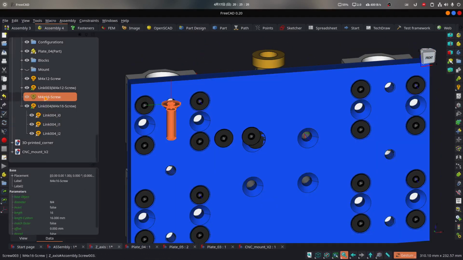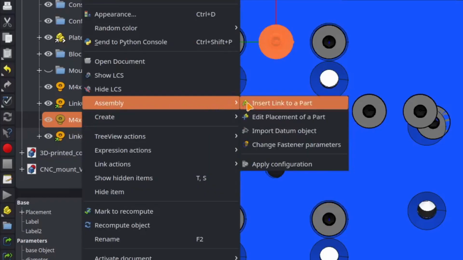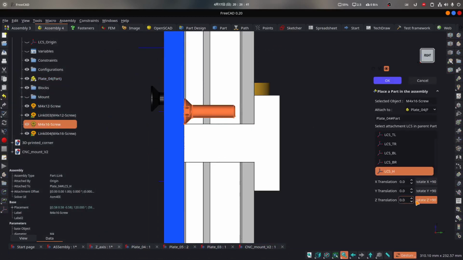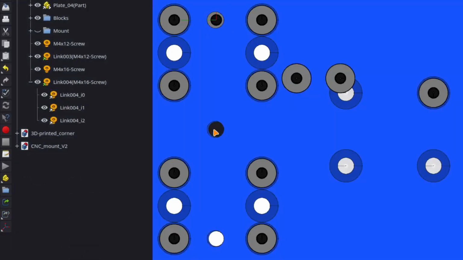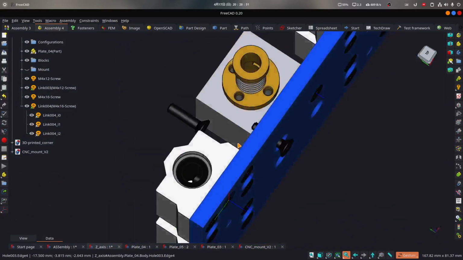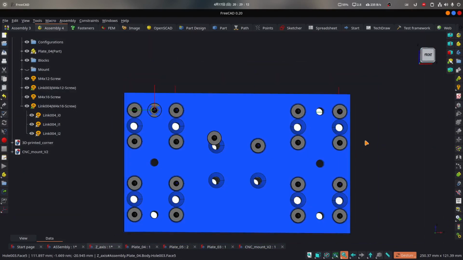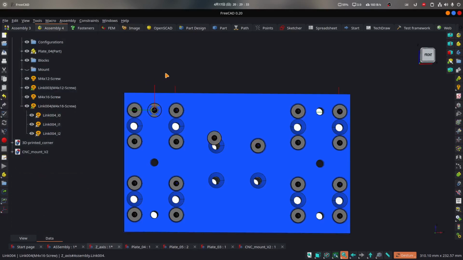After placing the original screw in its position, we can try to put the other screws in their places. There is an important thing to note. If we try to use the relative positions from our planes, they will not match. And that is because the link was created in the previous position of the screw, meaning that the positions of the screws are relative to that position, not the new position of the screw.